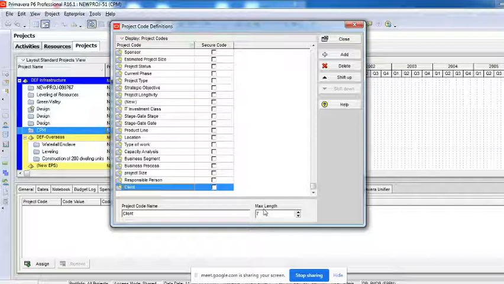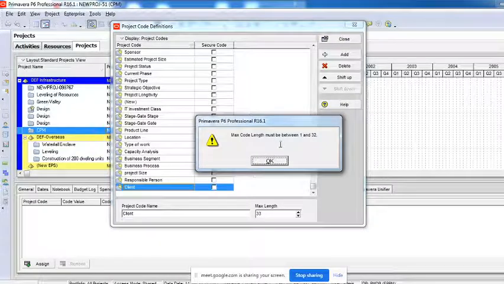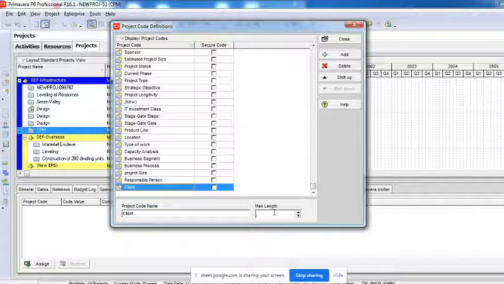You want to group them with respect to the clients, right? Client is a code, just the name of a code, but who are our clients? The names of the clients have to be typed. For that, the maximum characters, the strings you can use, is 7 by default, right? So 32 is what I can use. If I say 33, it's not taking it. Maximum code length must be 1 to 32. So the maximum number of characters or strings I can use to create the code values is 32. Remember this.